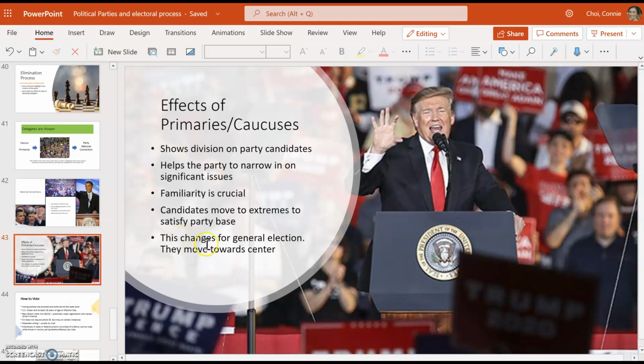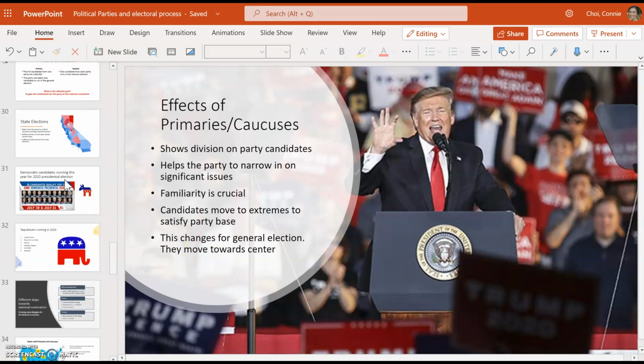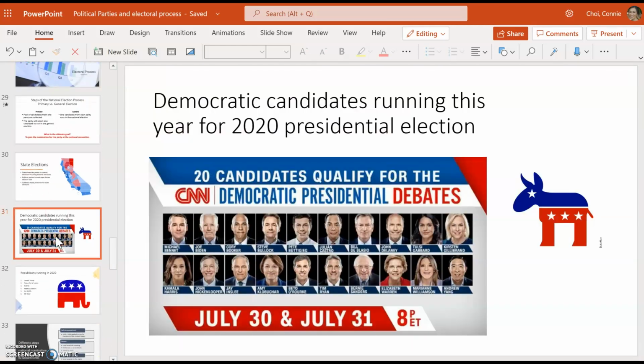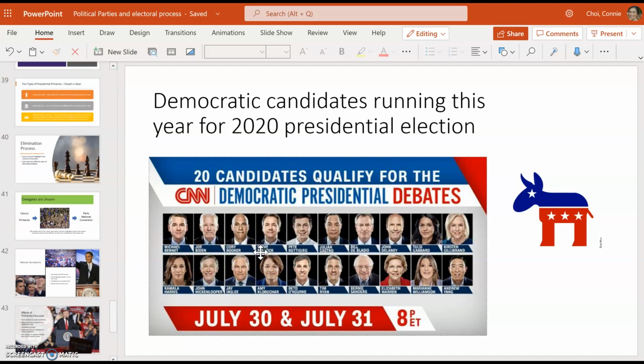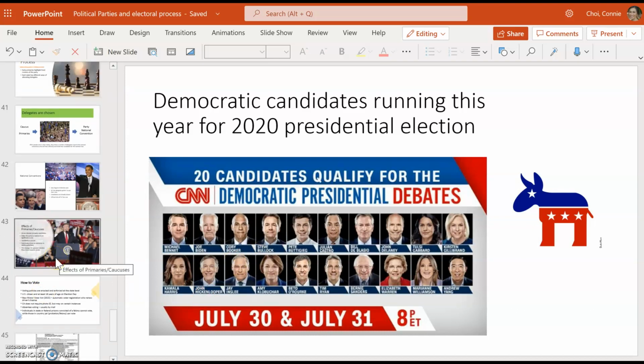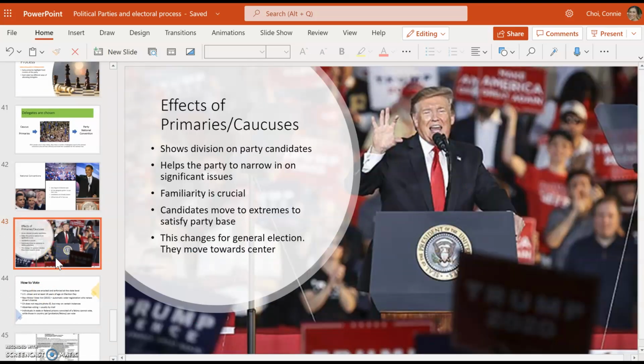Now, what happens is Democrats, when they are vying to win the primaries or the caucuses in a particular state, and they're arguing against each other to be the forerunner, you see a lot of the differences. They want to speak to their base of Democrats, liberals and progressives, so they tend to sound very liberal because they're trying to be the forerunner for the Democrats. But after they win the nomination and go to the general election, they have to appeal